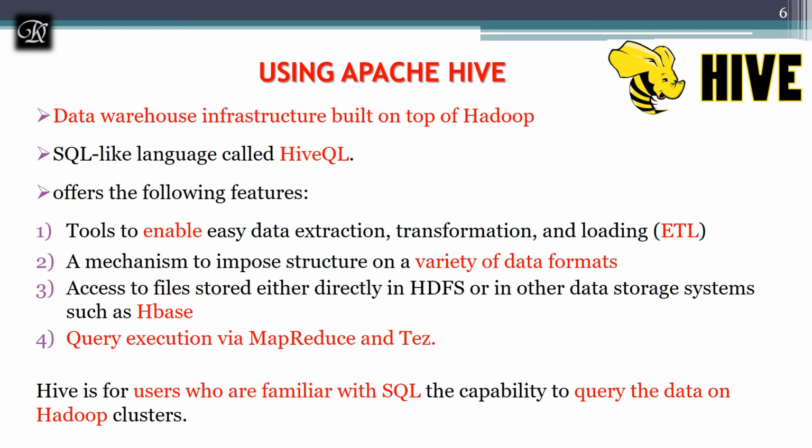Next we have something called Hive. What is this Hive and what is the use of this? We'll see. Hive was developed by the famous company Facebook, and Netflix and Amazon are all clients of this Hive. Apache Hive is a data warehouse infrastructure built on top of Hadoop for providing data summarization, ad hoc queries, and the analysis of large data sets using the SQL-like language called HiveQL.